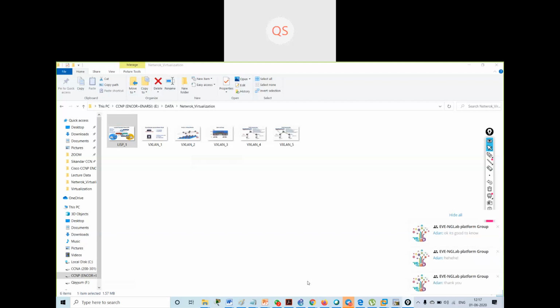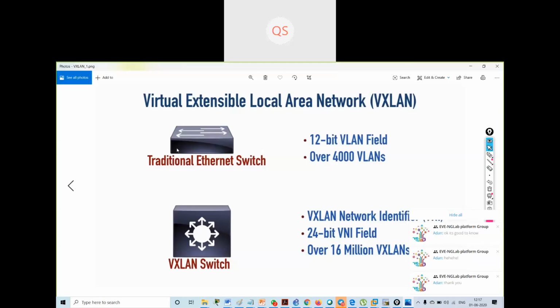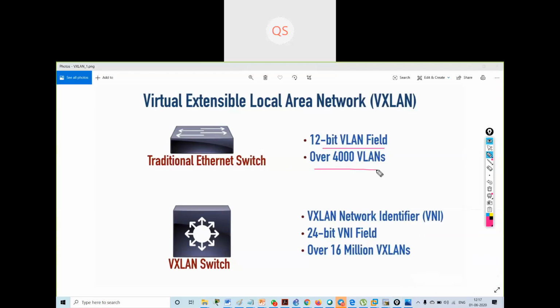Now with my traditional Ethernet switch, I can have a 12 bit VLAN field and a little over 4000 VLANs. If I am using my traditional Ethernet switch, we can support a little over 4000 VLANs only, because the VLAN field is 12 bits long.